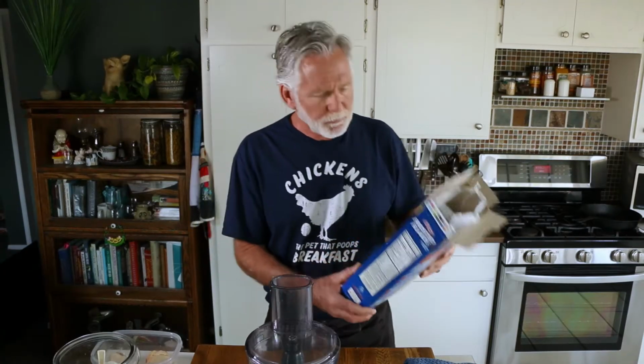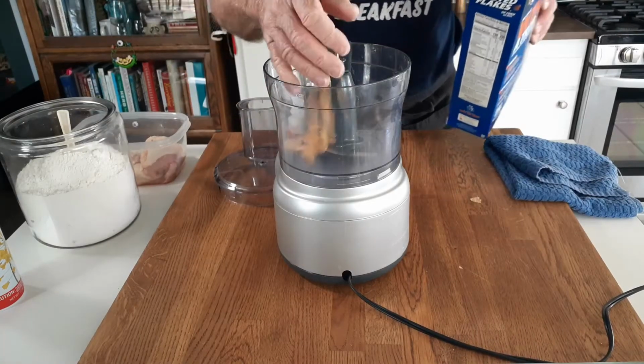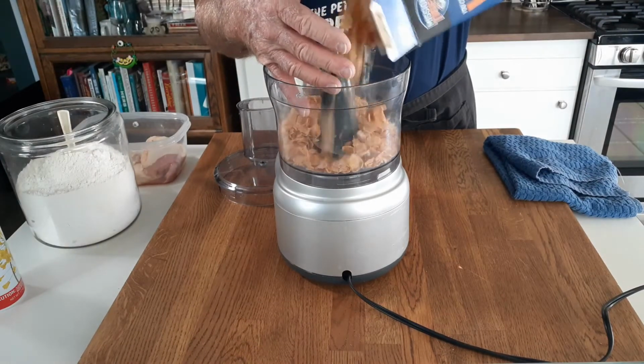What we're going to do is start off with some frosted flakes, and I'm going to put them in a food processor because we're going to grind these up, because obviously when you get frosted flakes, it's a little bit too coarse. So we want to grind them up just a little bit, but not so much so they look like breadcrumbs. We want to keep the coarseness,